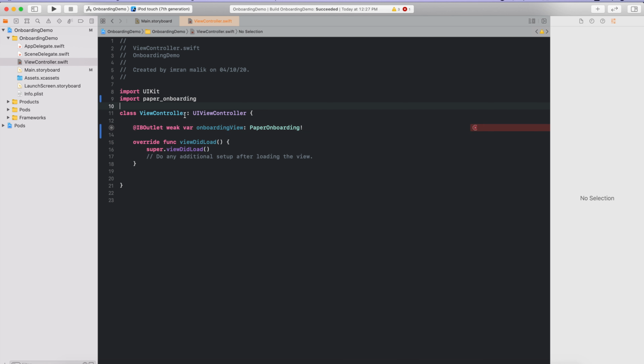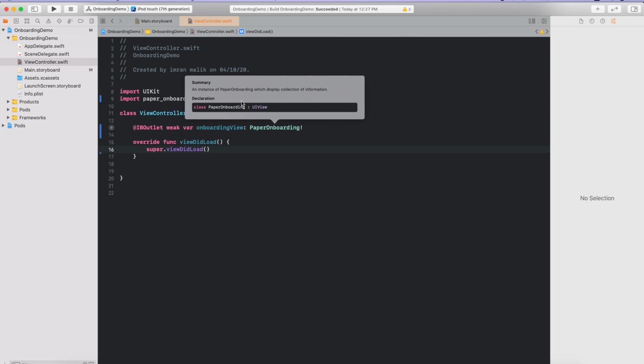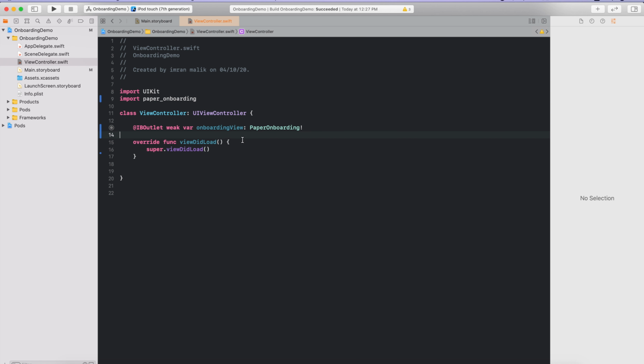Yeah, paper onboarding. It's kind of a weird name because they are using the underscore. Instead, they should use camel casing in this framework. So yeah, we have created the paper onboarding view here. If we go here, you can see it is a subclass of UIView. So it is kind of a UIView, you can say. All right,